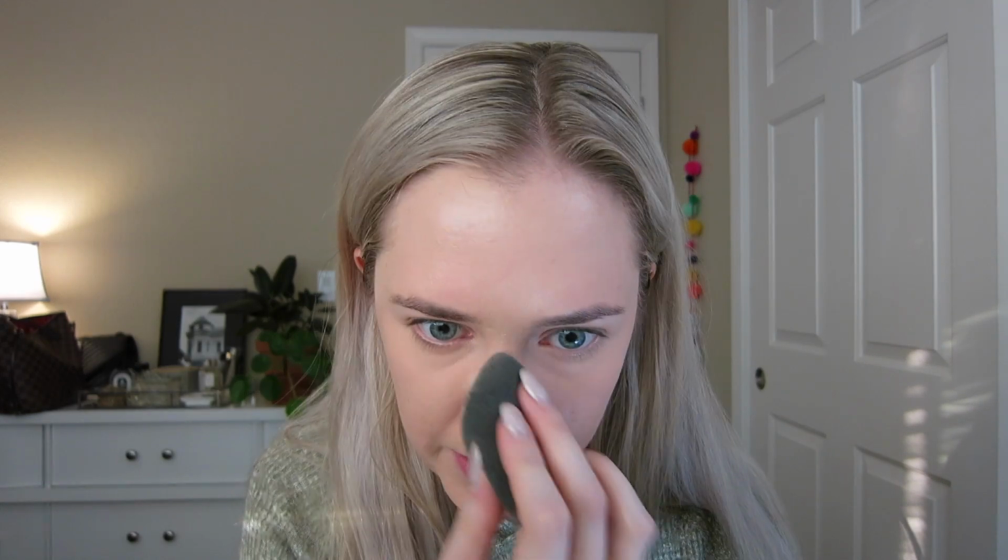I'll just lightly dust it on the cheeks, but these areas that tend to crease and get really greasy right away are a little bit more locked in place. So now that those are set with the beauty blender, I'm just going to take the rest of the powder on a big fluffy brush and set the rest of my face, which is really just the